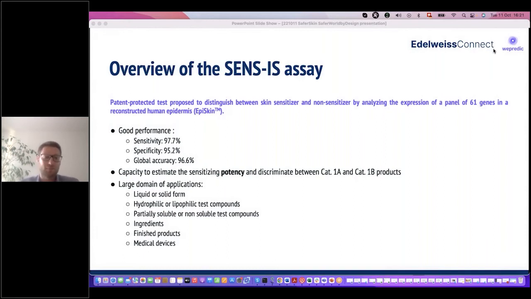And the main benefit is its large domain of application. You can test solid or liquid forms, hydrophilic, lipophilic compounds, soluble, non-soluble, partially soluble compounds, ingredients, as well as finished products or medical devices. You have a really, really large domain of application with this test. And if you go to the next slide,